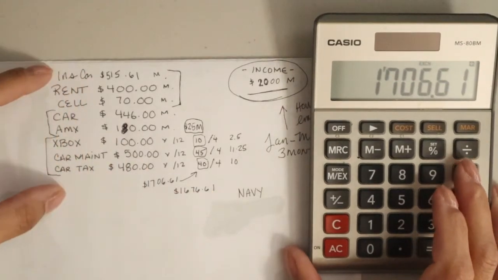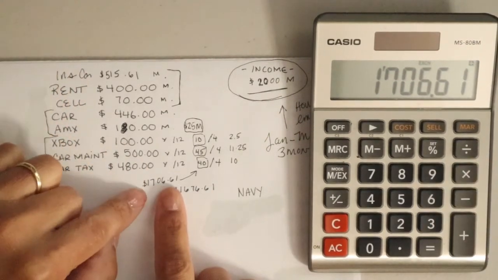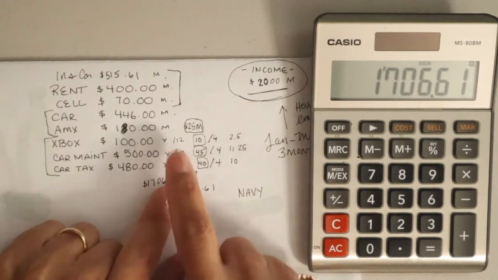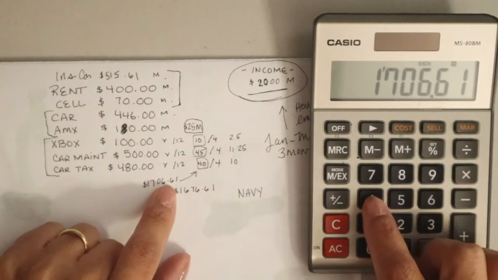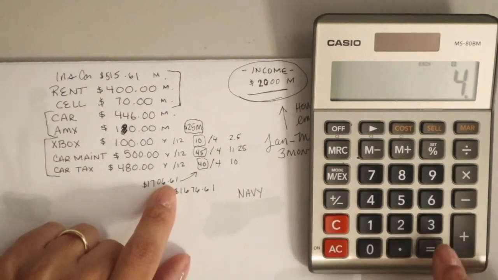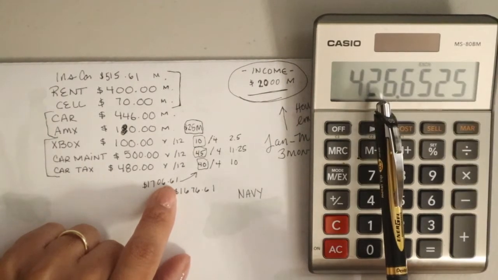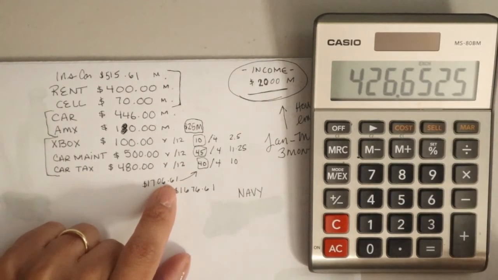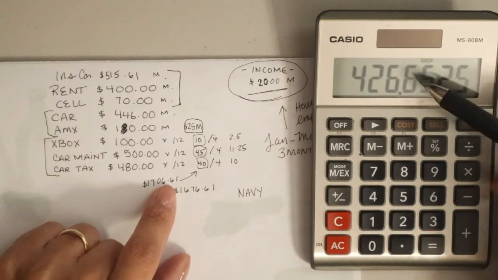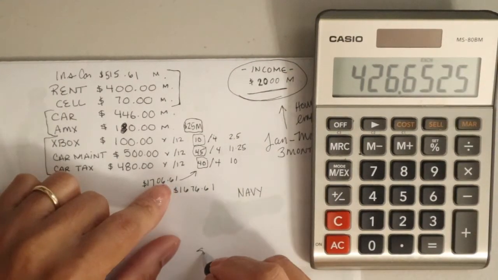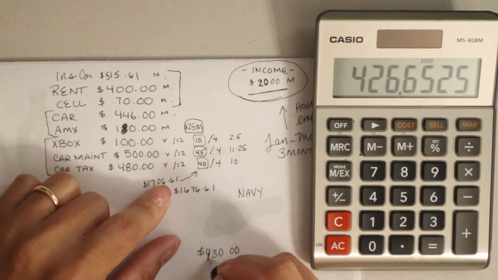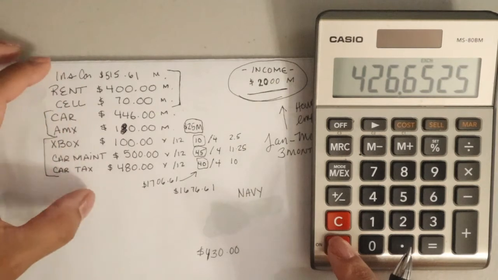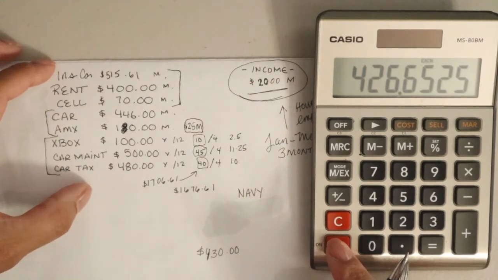Okay, so the total is $1706.61 for all of this. So for him to have all this money in the account to pay off his rent, he has to divide it by 4. So every week he needs to deposit $400, and I told him, make it a little bit higher, so every week he's gonna deposit $430. I always round it up because it's better,